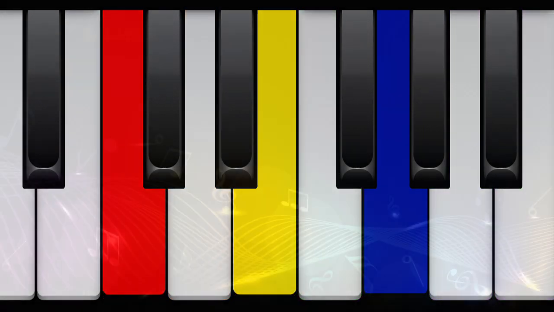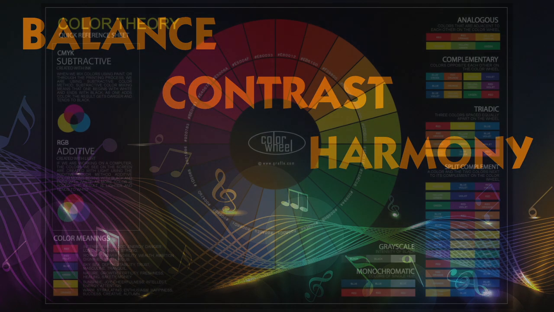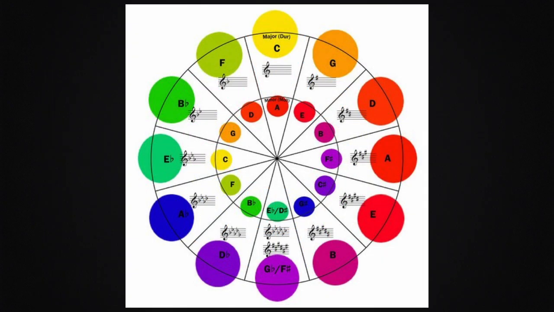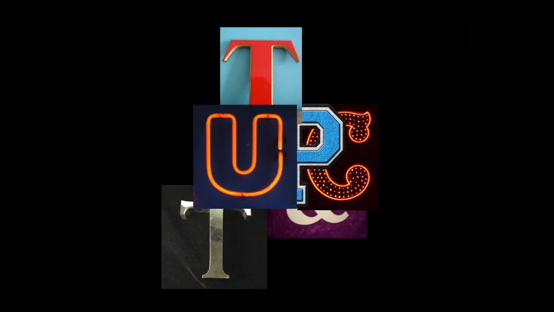A lot of the same principles of balance, contrast, and harmony that we use in music are also similar in the visual world, like the complementary colors wheel and the circle of fifths. The way image file compression works, and some of the same guidelines we'll use there, might also remind you of MP3 bit rates. In this video, I'll show you some cut and paste design techniques that you can try with